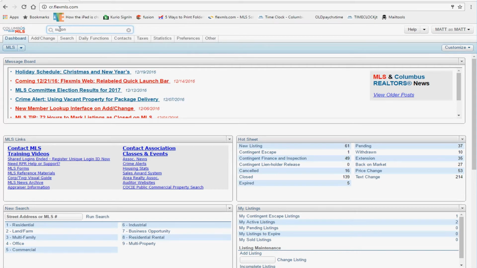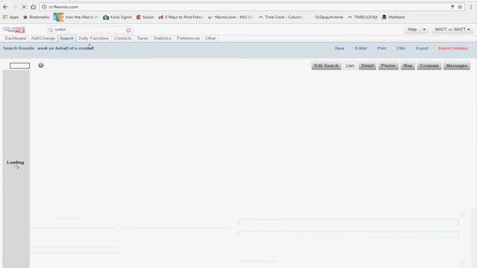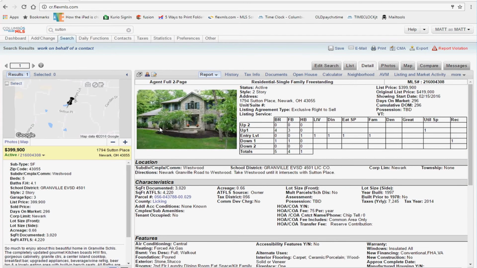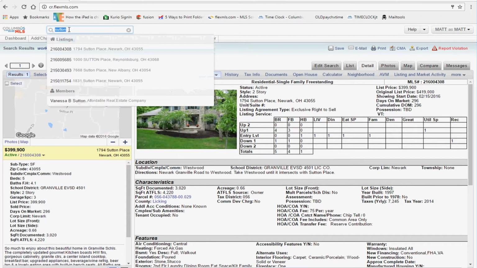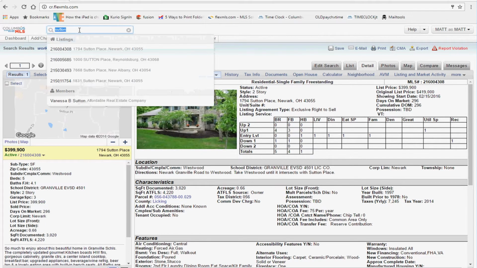But here's what I want to do. I want to go to a property, and we'll just pick one. So it takes me to that property. Now I don't want to lose this property, but the phone rings and I need to open up a new search. Somebody's asking me, hey, you were going to do a residential search for me and I haven't gotten any listings yet. Oh, I'm sorry, I forgot. So while you're looking at this property, you don't want to lose this property because you want to send it out to your client, but you can go up to Quick Launch at the top of the screen